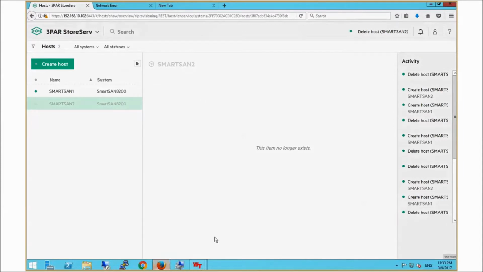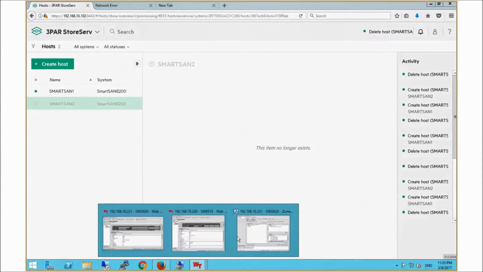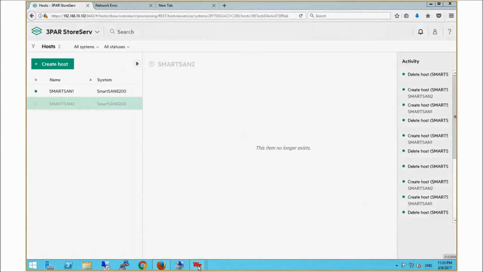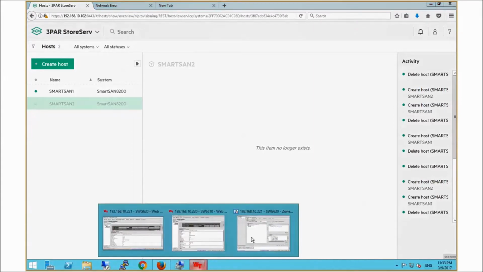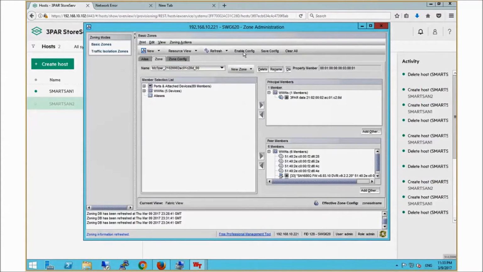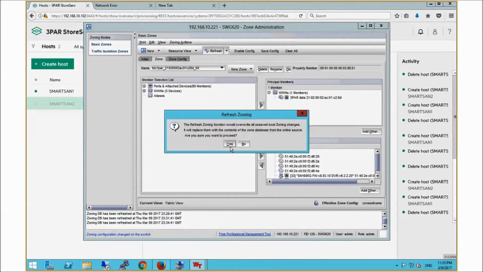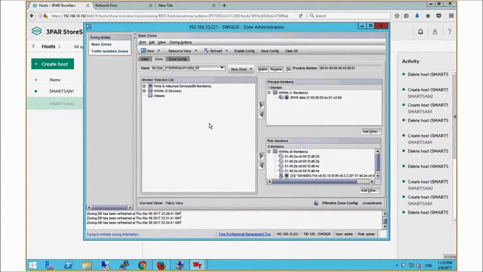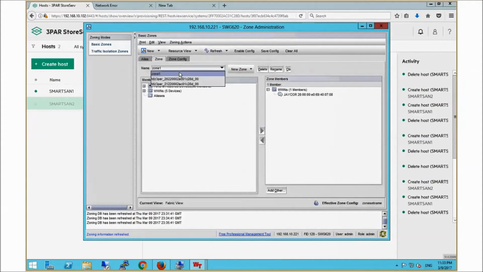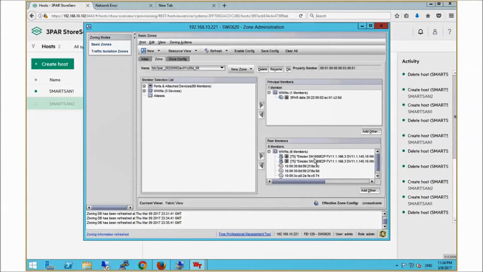So I go back to the zoning. I do another refresh. We should see 2 of the zones go away, and the ones with the QLogic adapters will go away, and the ones with the Emulex adapters will remain. So if I look here, yeah, we've got Emulex adapters, but you see we've only got 2 target-driven zones left. Okay. So just to summarize then,